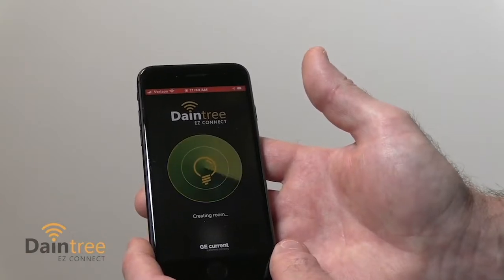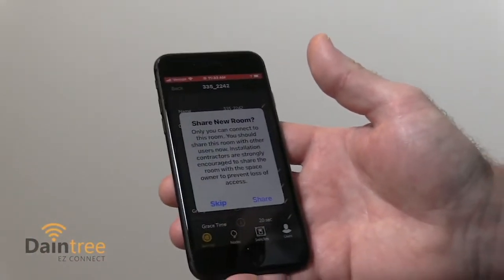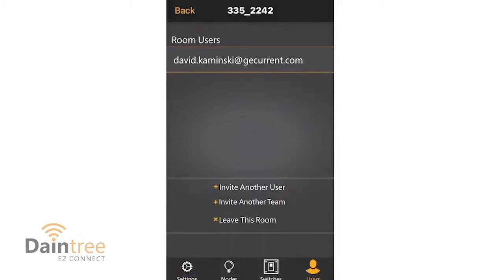in this particular office. You can also share this room, so if you're an installer and you have an end user that eventually you'll be giving control to, if you hit share, and I'm just going to show you here, I can invite another user and then put their email address in, and it will then allow them to have